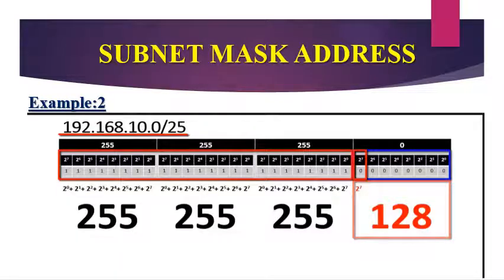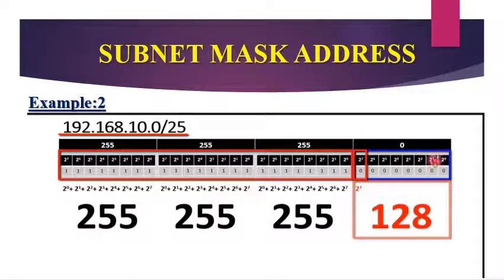So this is the diagrammatical representation of how to find the default subnet mask of a given address. I already told you how to find the value 255. 255 means all 8 bits are 1. For example, 2 power 0 plus 2 power 1 plus 2 power 2 plus 2 power 3 plus 2 power 4 plus 2 power 5 plus 2 power 6 plus 2 power 7 gives you 255. Again, you apply the same concept in the next 8 bits and get 255, and in the third 8 bits you get 255, and then 1 bit forward from the host bits.